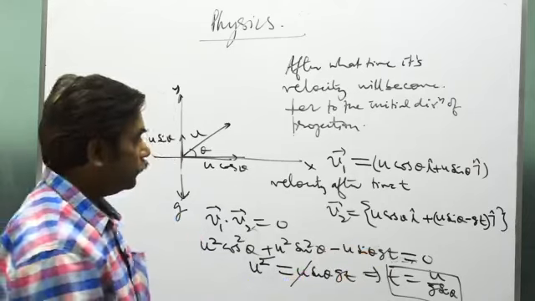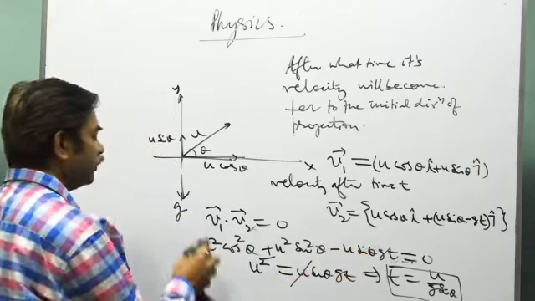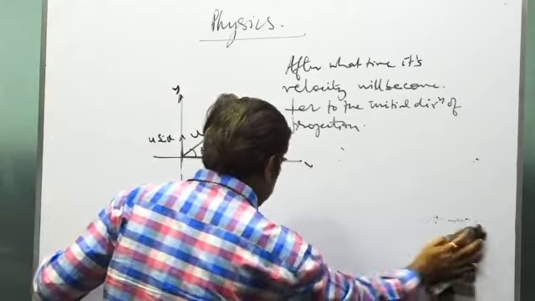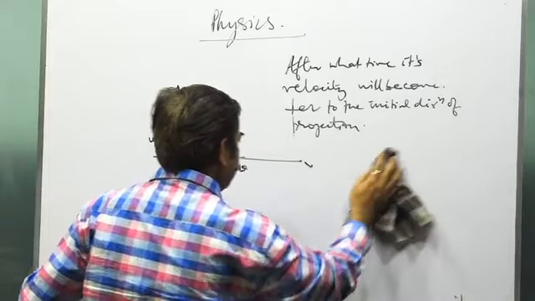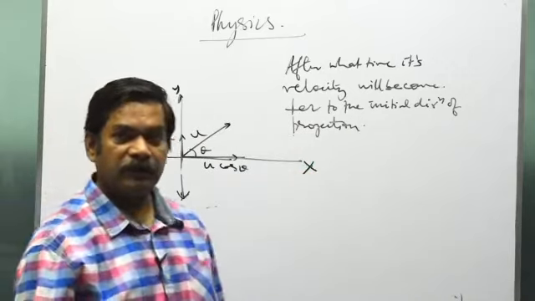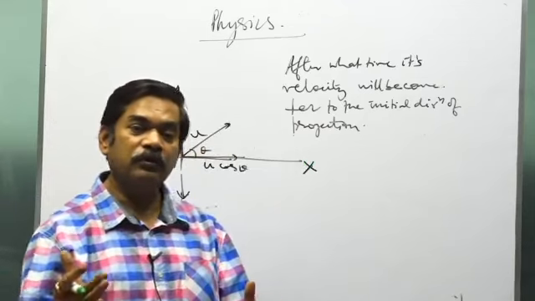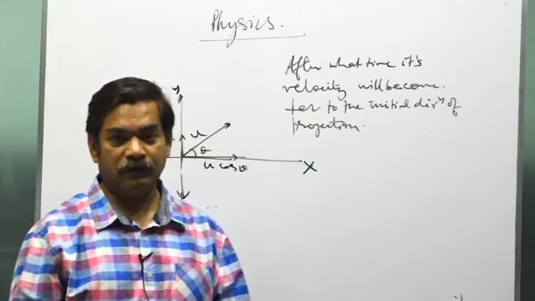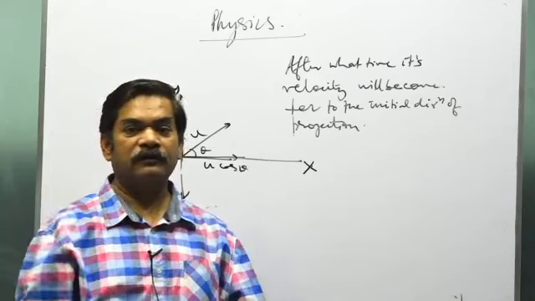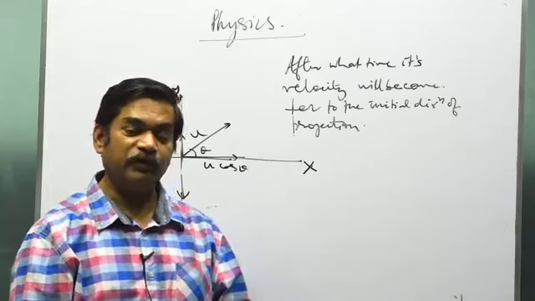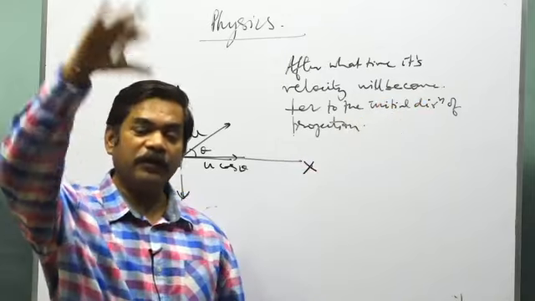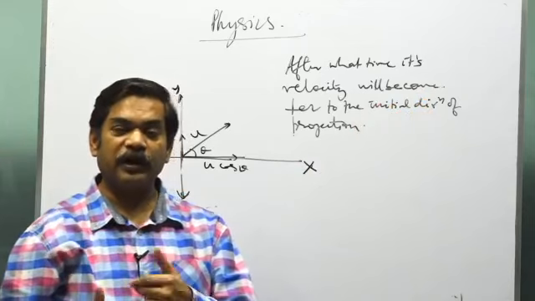Now see, I tell you the most fundamental thing about 2D by which you can solve it. I told you in the beginning also that whenever you solve a 2D question, after recognizing that it's a 2D question, what is the next step? The next step is that you select two mutually perpendicular directions. Generally, one is horizontal, say x, the other is vertical, say y. Or, as I had told you in my previous video, if the projectile is on an incline, the direction along the incline becomes x, and perpendicular to that is y.